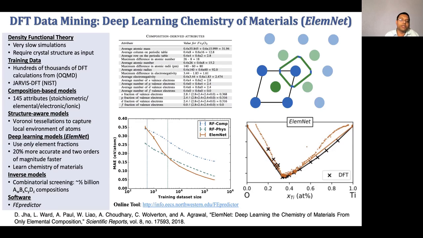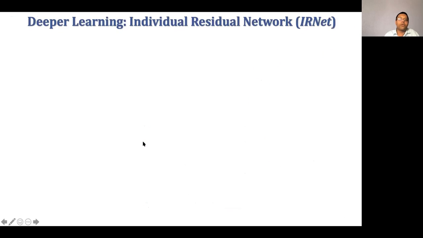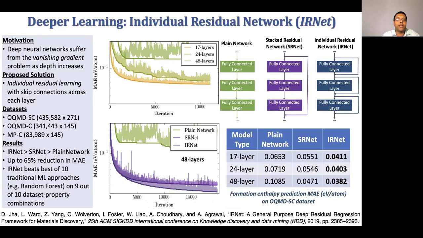So this is an example of when you have big data, you can use deep learning on raw inputs and get excellent performance. So what is stopping us from making these networks deeper? Why not make them more and more deep to get better performance? Theoretically, they should be more accurate, but they suffer from this vanishing gradient problem, as you see here. This is a learning curve of a 17-layer network, which is LMNet, the one that I showed in the previous slide. If you make it 24 layers, the performance actually goes down. So the error goes up. And with 48 layers, the error becomes even more. That's because of this vanishing gradient issue.